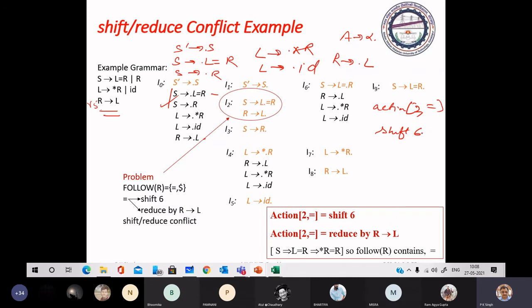So here reduce at this position 3 and equal, you may have R5. This is shift reduce conflict. This is the problem. Shift reduce conflict.